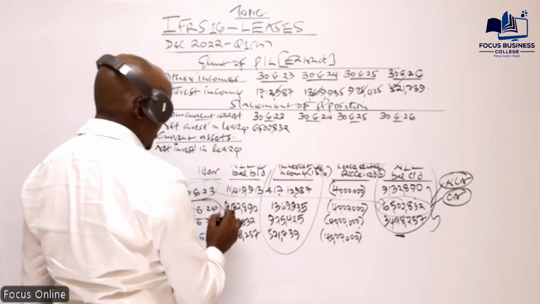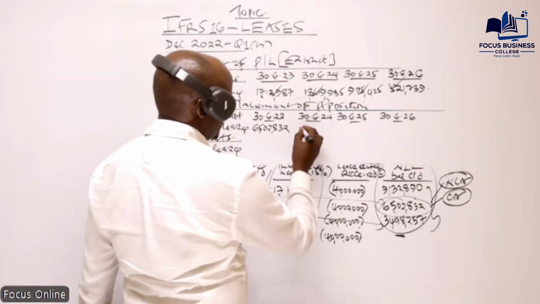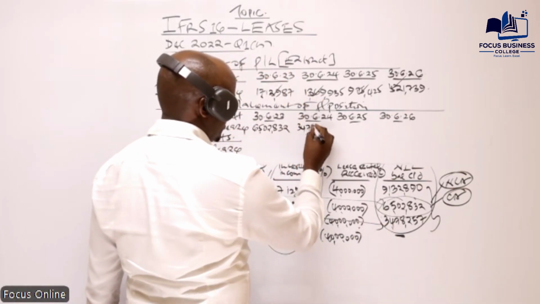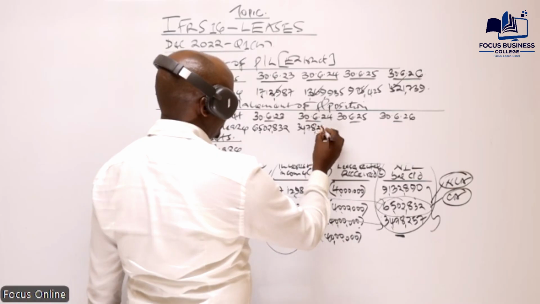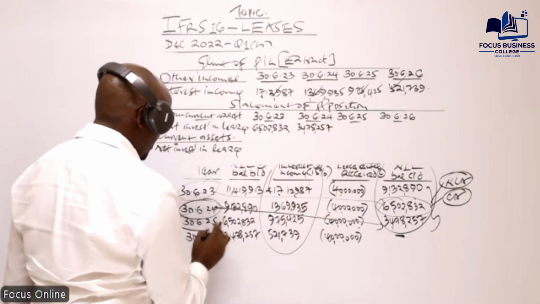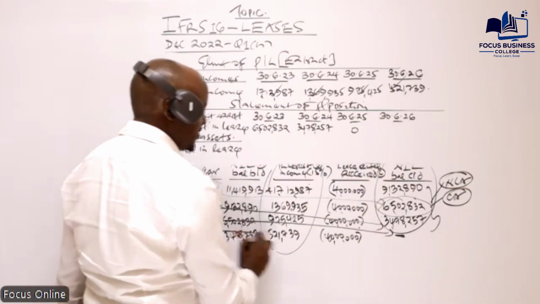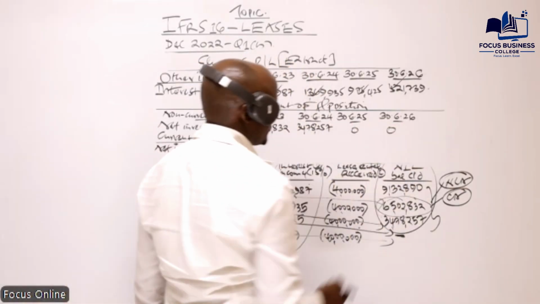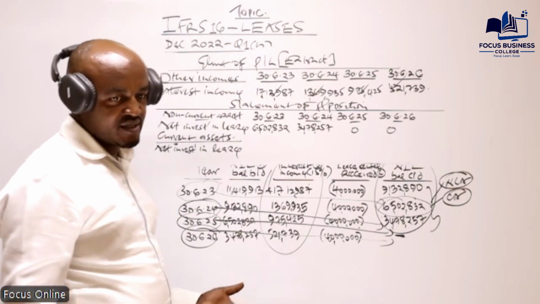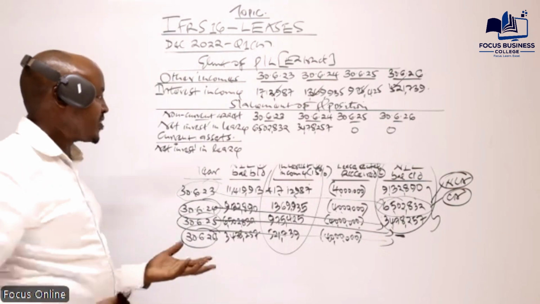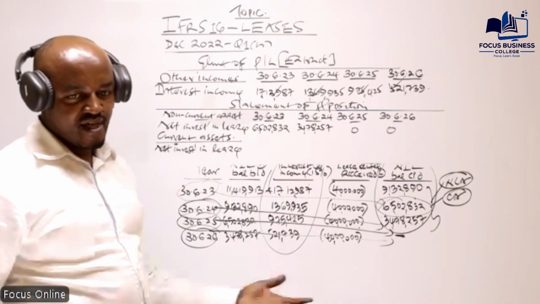In this year, we take 34,78,257. What about this year? We check this one, which is basically 0. And this year, we check for 2017, which is 0. You can see there is not much difference with how we were treating the lease liability as non-current and